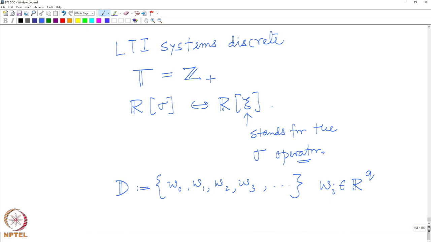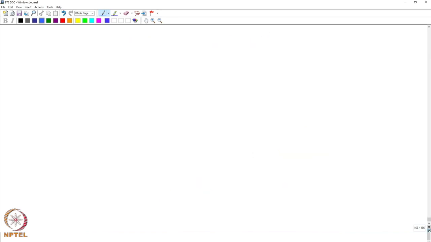So, essentially what we have is one particular trajectory, one vector valued sequence. With this data we would like to see whether it is possible to get a behavior. So, what do we mean by a behavior in this case? A behavior is a linear time invariant system, which is given by a system of